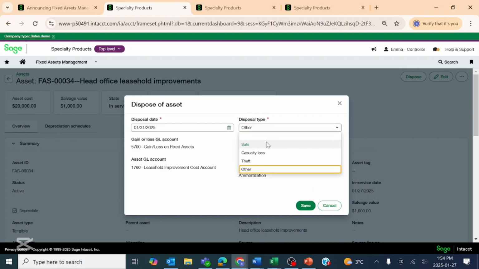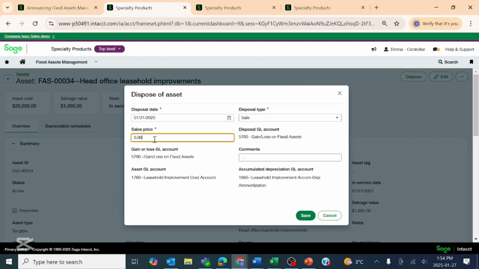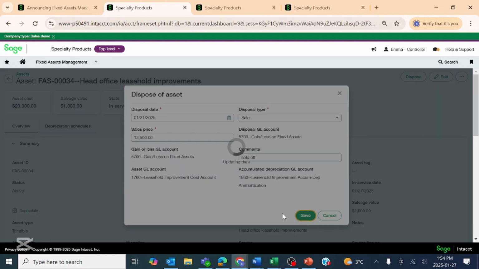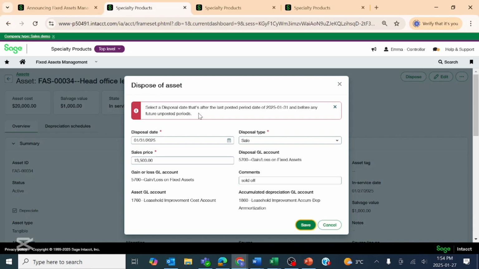So because this asset is a new one, we bought it at say 20K, it's just one month depreciation, but I'm going to be selling this for 13,500. And then I will say sold off, just a short description, and then go ahead and save this. Let me see what it says. Select the disposal date